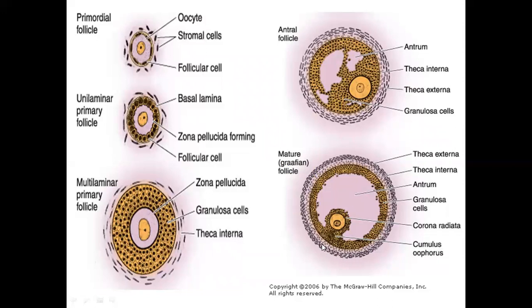And the next thing that is going to happen is that under the influence of different hormones, this Graafian follicle is going to rupture and release the ovum and certain cells which are surrounding it. Then we are only left with the granulosa cells and theca cells and a ruptured area which is going to heal itself, and the next structure which will form will be termed corpus luteum. It is an endocrine structure which is going to produce certain hormones.